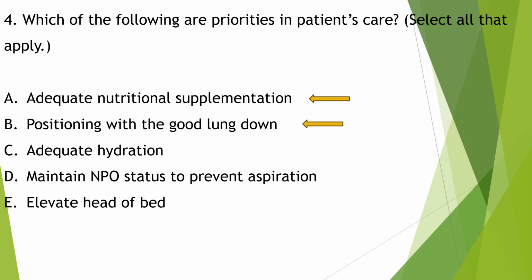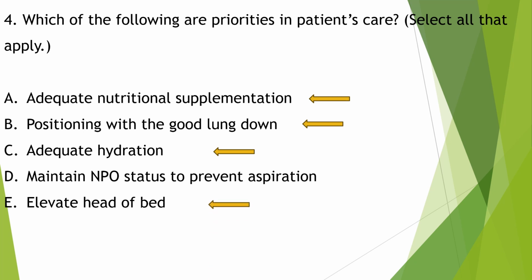Another is we need to position the patient with good lung down. And hydration is vital to prevent the venous stasis and also maintain the urinary function. So adequate hydration should be provided, and we need to start feeding via NG tube. We should not keep the patient NPO, and we will have to keep the head of the bed up